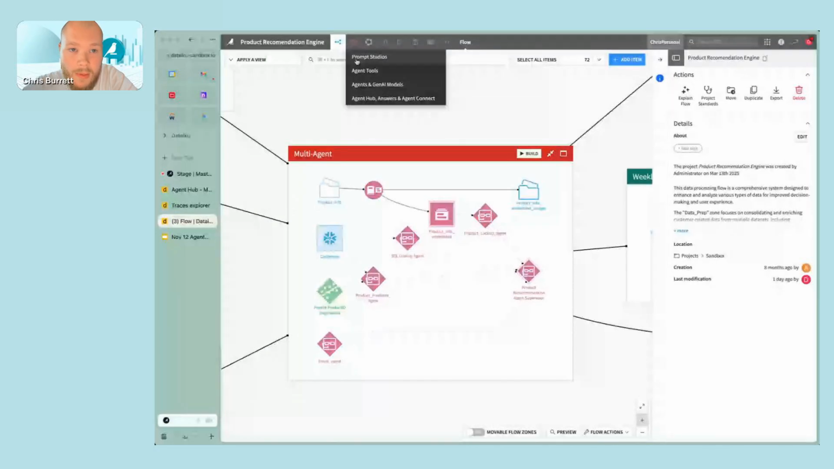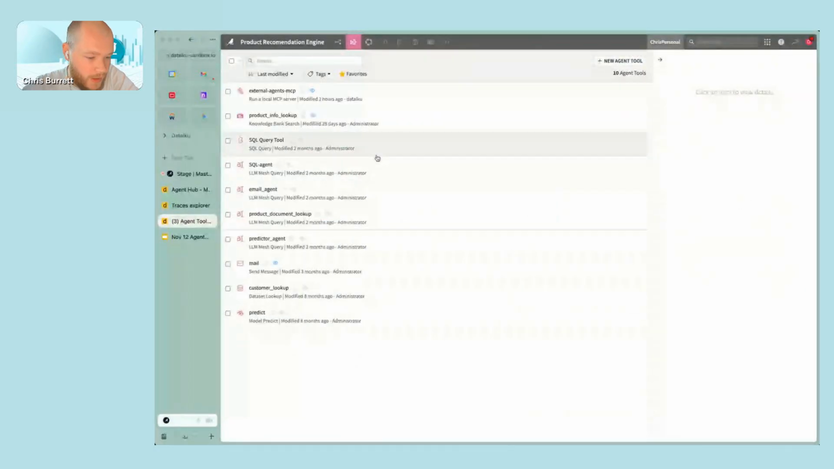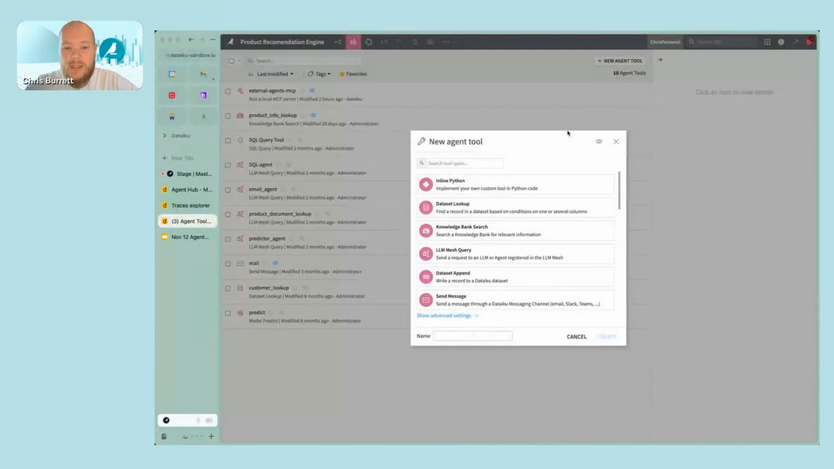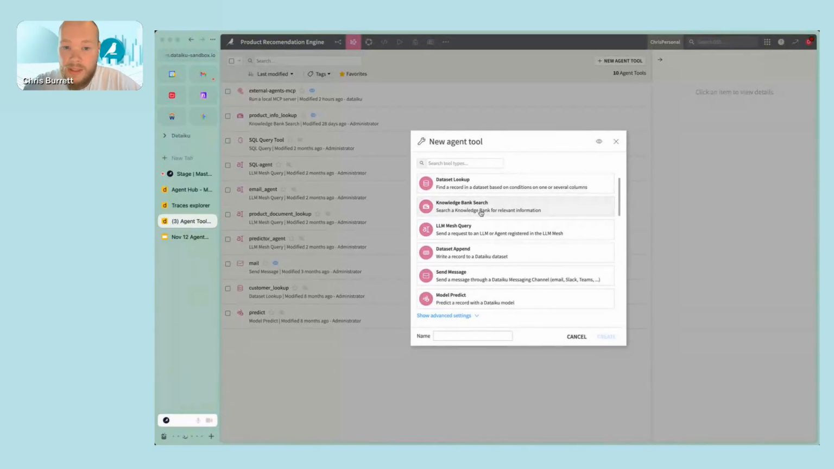Tools are the most important part when we're thinking about agentic architecture. The better your tools are, and the better described they are, the more performant your use case will be. We can come over to new agent tools here, and see all of the different tools that come out of the box with Dataiku, which we can start attaching to our agents. We've got inline Python, which is extremely versatile and enables our agents to execute Python functions, dataset lookup, knowledge bank search if we want to start looking into vector databases,